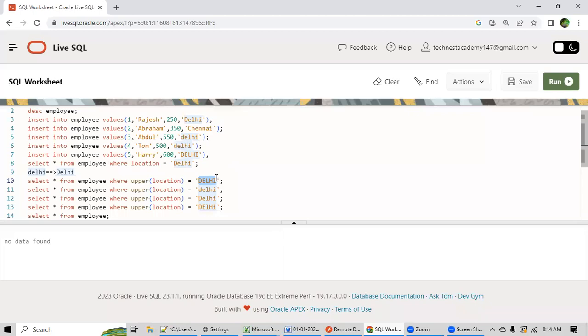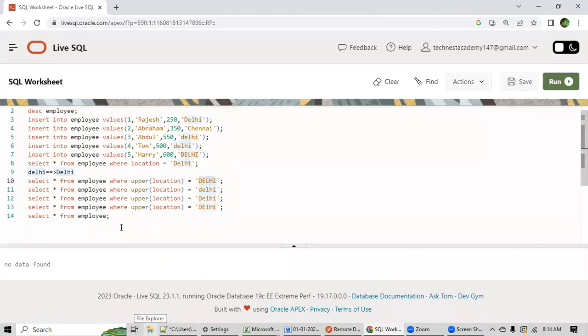Okay, so this is all about the upper keyword. Now, similarly, you have a lower keyword, and it behaves the same way the upper keyword behaves. Now I will write this query where lower location, so I will write everything in lowercase.